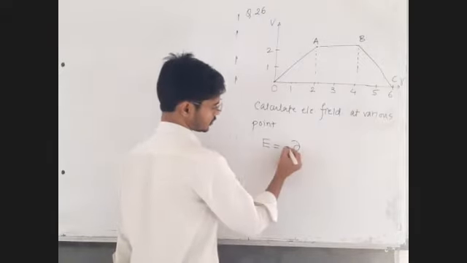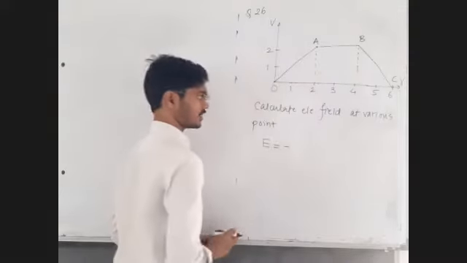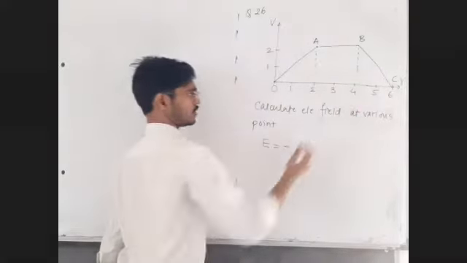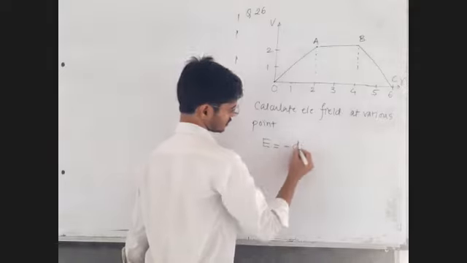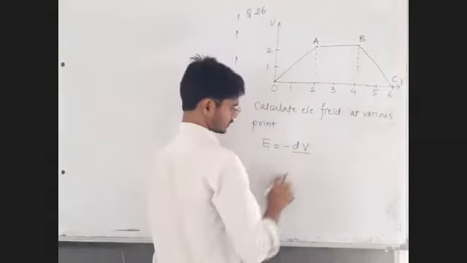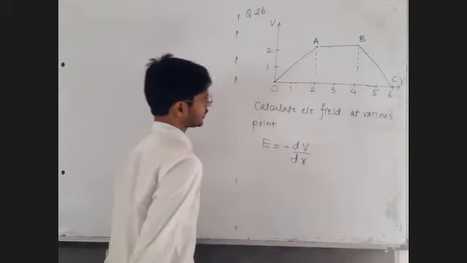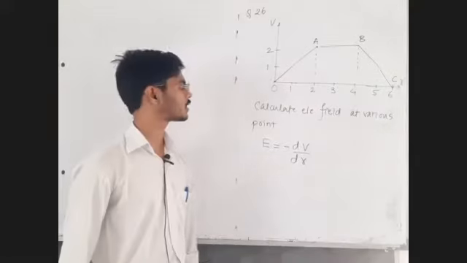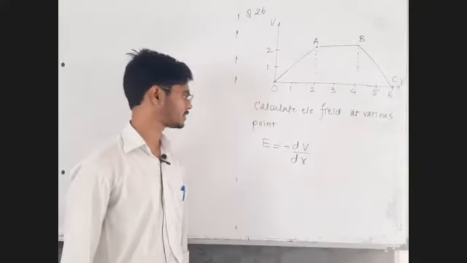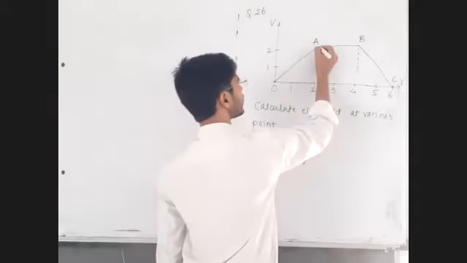Now E is equal to minus dV by dr. Sir, no need to write do. No need to do the partial derivative because only one variable is there, only one dimension is there. Slope of the graph. Yes, dV by dr is the slope of the graph. So at point A,